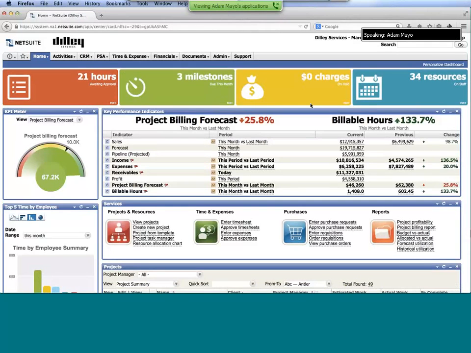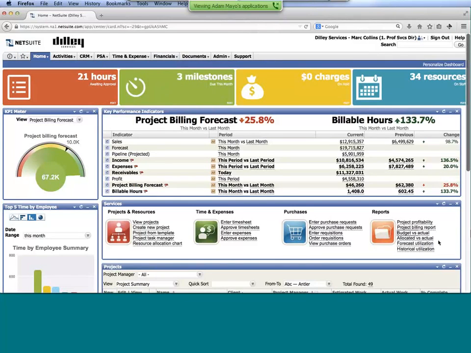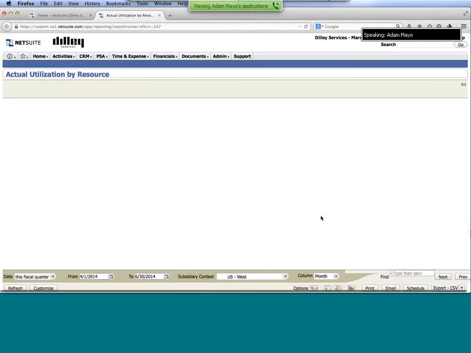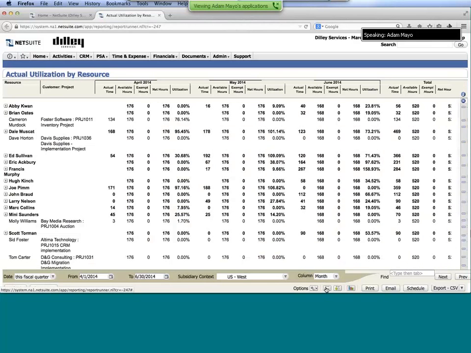Okay. Looking at things like utilization, and I'm going to go in and we'll run our historical utilization here. And in this case, I'm looking at it for the quarter, and I want to summarize this here.